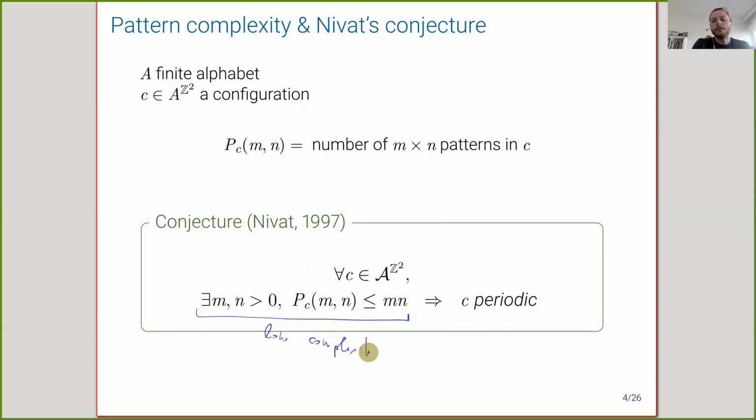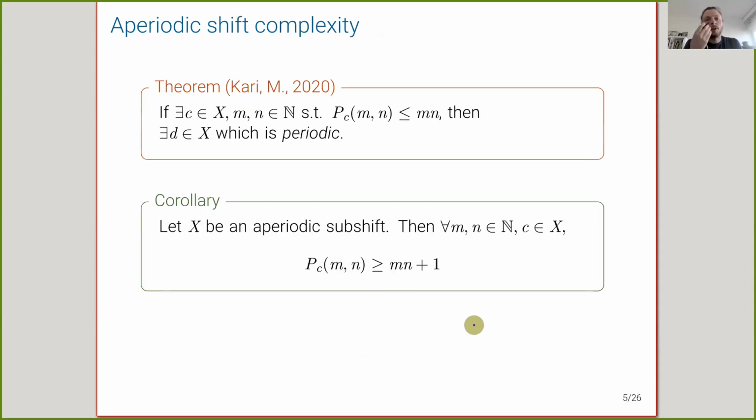So you don't have equivalence, because you can build aperiodic, non-periodic configurations that have high complexity. But in that direction, it's still open today. And we believe that this is true. So I spent a lot of time working on this conjecture. And one of the results I got with Jarkko Kari is that,